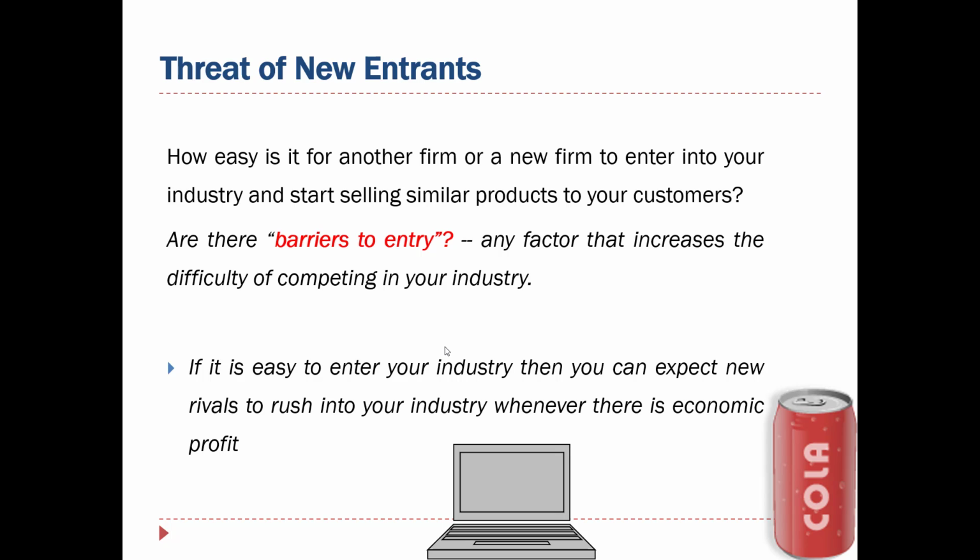So for example, I would not just wake up this morning and say, you know what, I want to be a rival firm for Apple, because Apple has grown from years of experience. They have the resources, they have the knowledge, they have the finance, they have the capital, they have the human capital, they already have the brand. For me to easily enter into the technology industry of making phones, so the hardware industry, might not be so easy. So that means that there's a high barrier to entry, and so organizations that are able to enter into that industry and stay profitable would most likely be profitable in the long run.